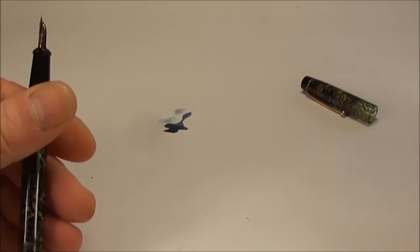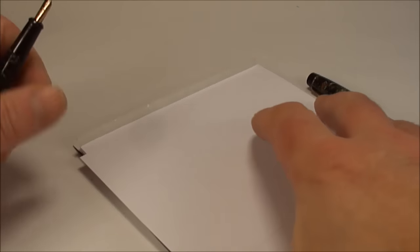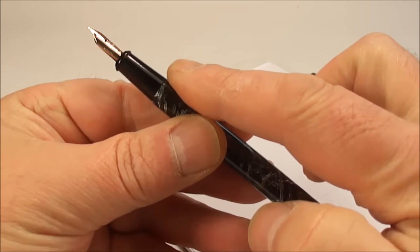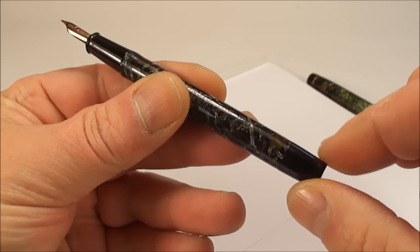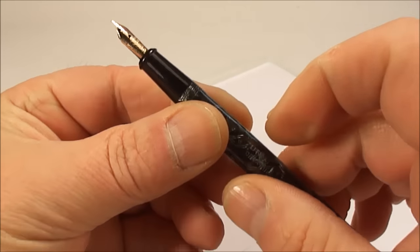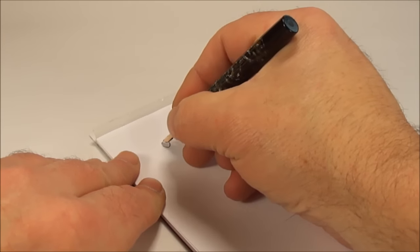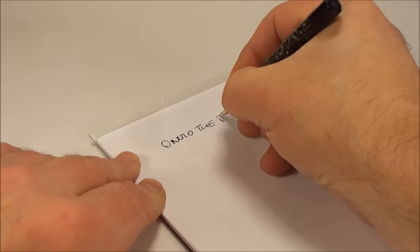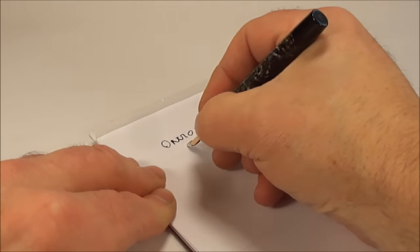Right, so what we need to do at this point, let's bring on some paper after trying to show you how the pen actually fills. And as before, because this pen has the ink shut off inside, we've closed the knob all the way home, so I'm just going to give it a half turn backwards. So let's see how the pen writes. So what we have is Onoto, the pen. As we said, this one is the model